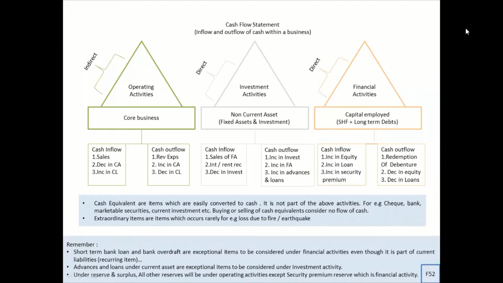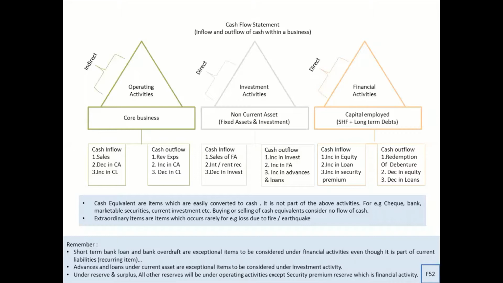Look into the PPT slide. There are three mountains: operating activity, investment, and financial activity. Now, let us learn these activities with one single word so that we do not forget things. For example, operating activity, I will use the word core business. That means if your business is selling furniture, whatever money you get selling furniture is your cash inflow, and the expenses related to your business like paying salary or purchase of wood, that is your cash outflow.